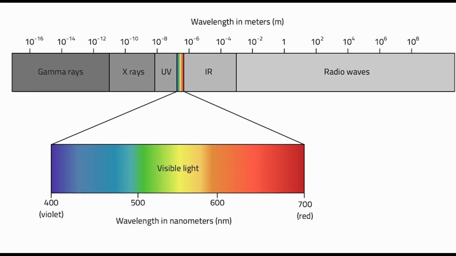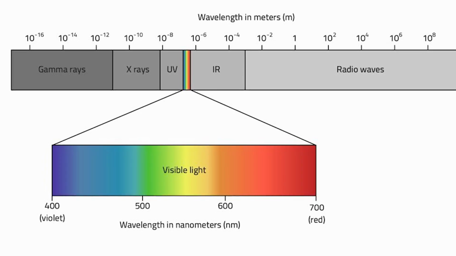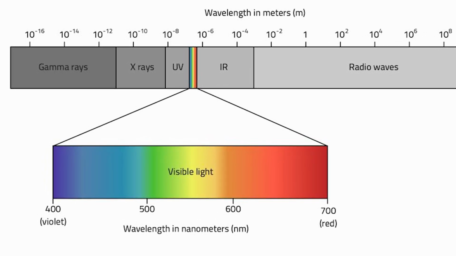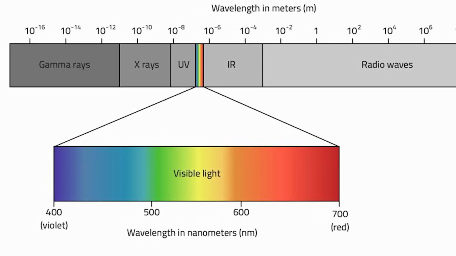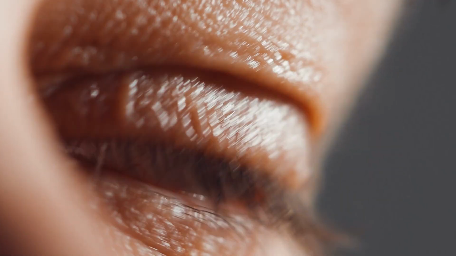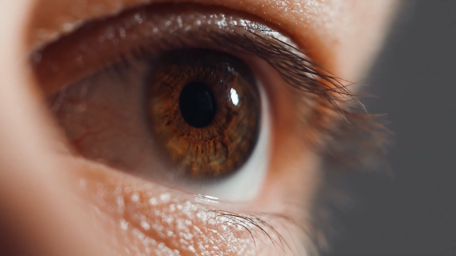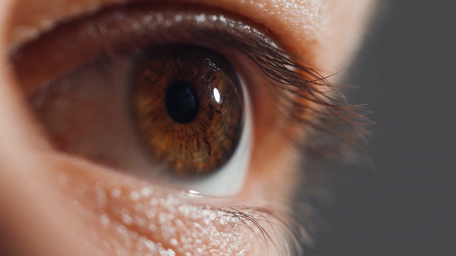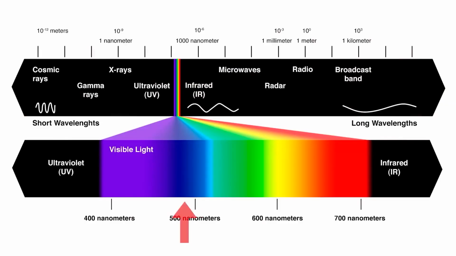Somewhere along that ribbon, in the frequency range from about 430 to 750 terahertz, corresponding to wavelengths between roughly 400 and 700 nanometers, lies visible light, the part of the electromagnetic spectrum that human eyes can see. At one edge of visible light, beyond violet, is ultraviolet radiation. At the other edge, beyond red, is infrared radiation.